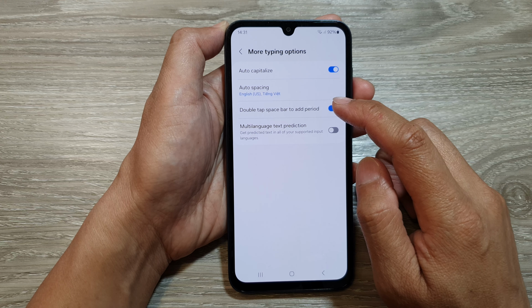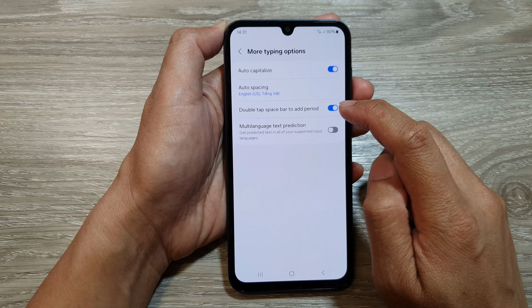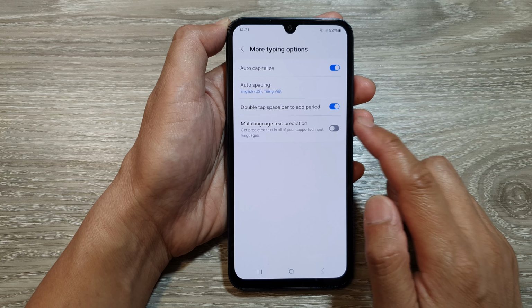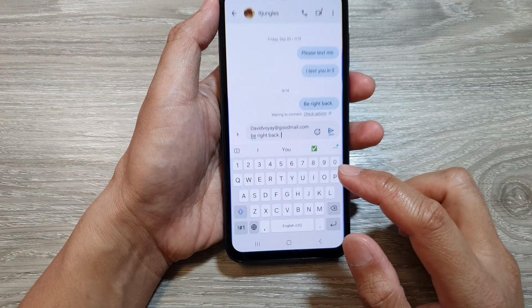From here, tap on double tap spacebar to add period. Tap on our toggle button to turn off this feature, or switch it on to use the double tap spacebar to insert a period. Now that I have turned it on, you can see that if I open up my